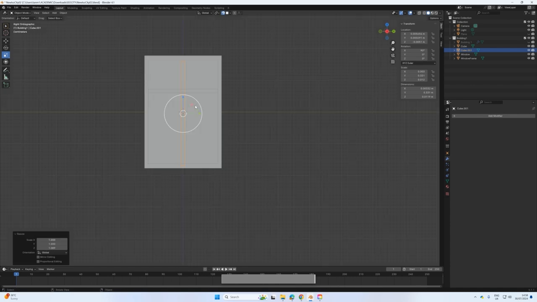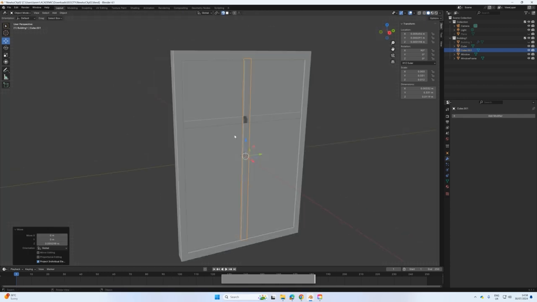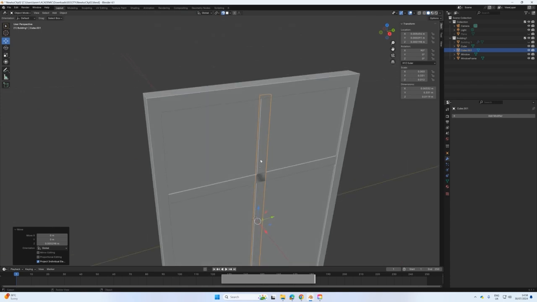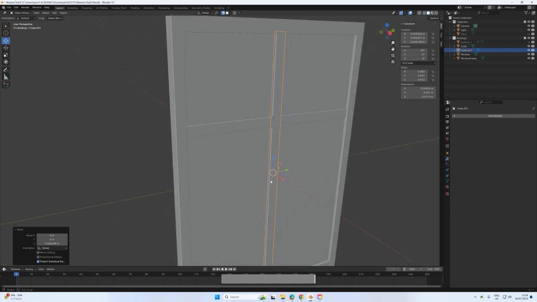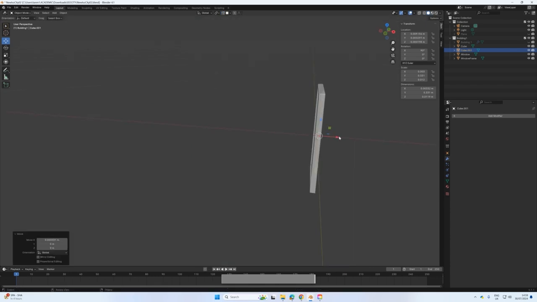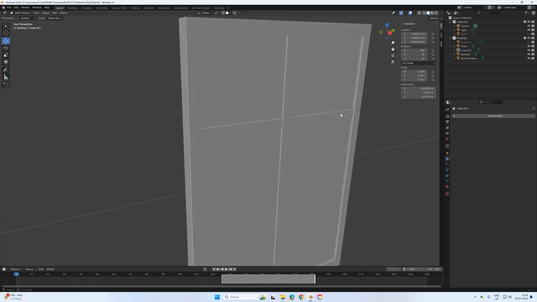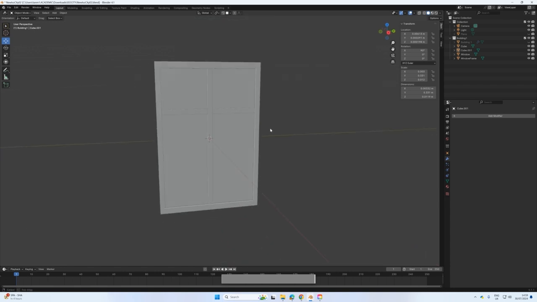Just gonna look at my front view here. Okay, so I have that. So now what's going on here? Here it's creating an artifact because it's overlapping and those two faces are sharing the exact same place. That's what gives you rendering problems. You don't want that. So you just bring it a little bit forward. Okay, so now it's not overlapping, it's not in the same place. They are still on top of each other, but this one is at the front. So I have my window